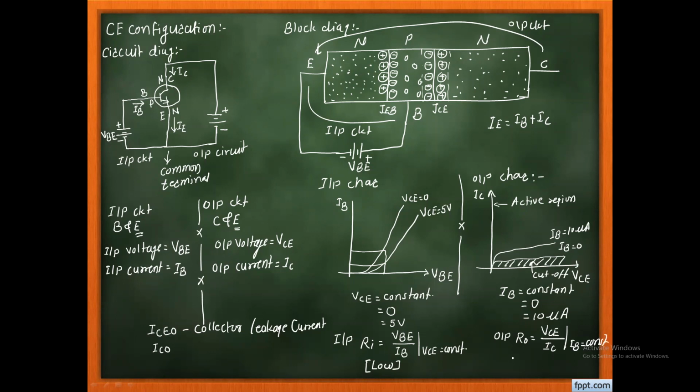And here I say that output resistance is high. I will not say that it's very high, it becomes high because it is almost equal to the flat line. That's why we say that output resistance is high. Get it, my point? So it's my request to you, please take a screenshot of it. Give me a response, sir.